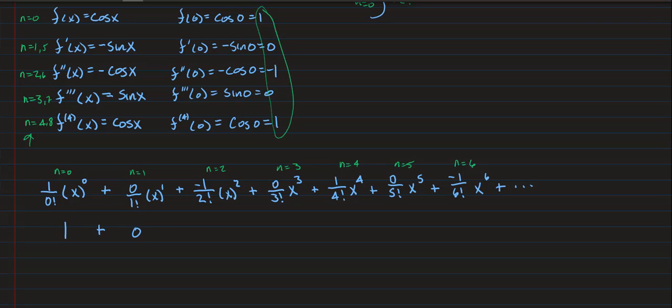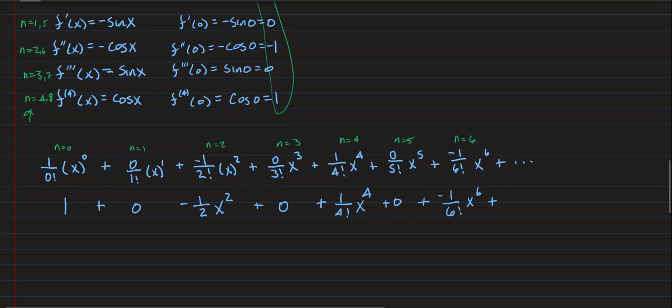Then we get minus 1/2 x squared plus 0 plus, we're going to call this 4 factorial, x to the 4th plus 0 plus negative 1 over 6 factorial, x to the 6th. What would the next term be if I were going to continue this out? It would be 0. And then I would have a plus 1 over 8 factorial. So all of these terms that are 0, I don't want them showing up in my series. They can't show up. And I need to figure out how I'm going to write this